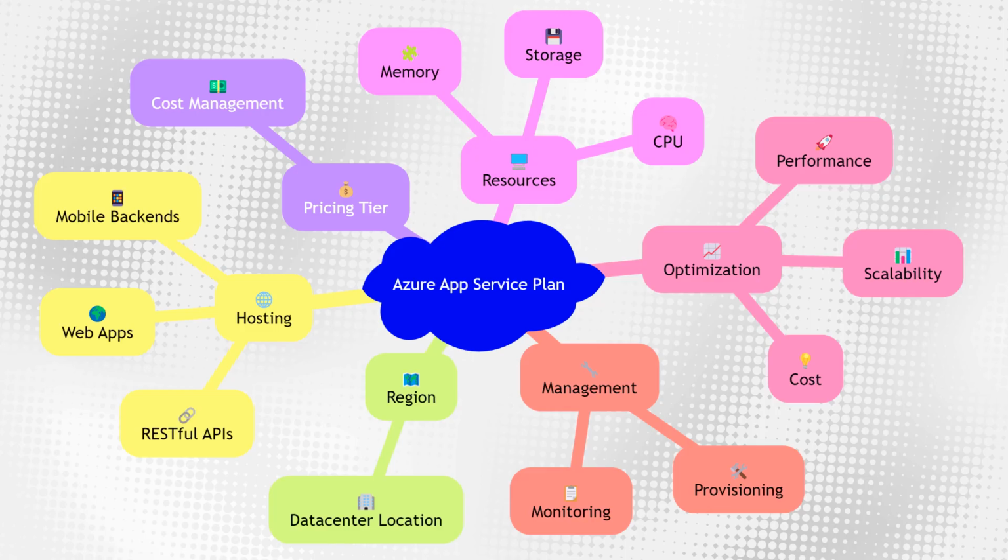An app service plan in Azure is a foundational element for hosting web apps, RESTful APIs, and mobile backends. It defines the region data center of the physical server, the pricing tier, and the amount of resources, CPU, memory, and storage allocated to your apps. Understanding how to provision and manage an app service plan is crucial for optimizing performance, cost, and scalability of your